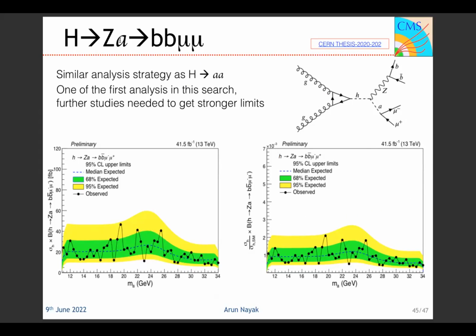The Higgs going to ZA, going to bb mu mu. So in this case, the analysis is almost similar to what I said before, except that the bb mass here is compatible with the Z boson mass instead of